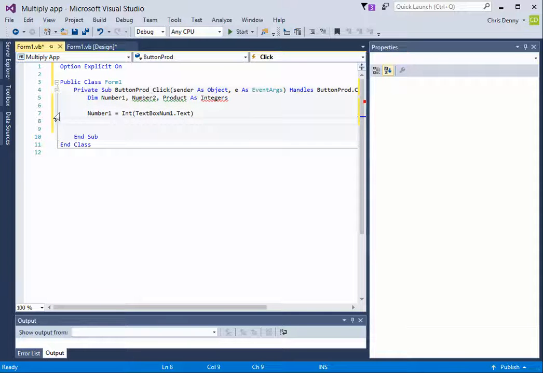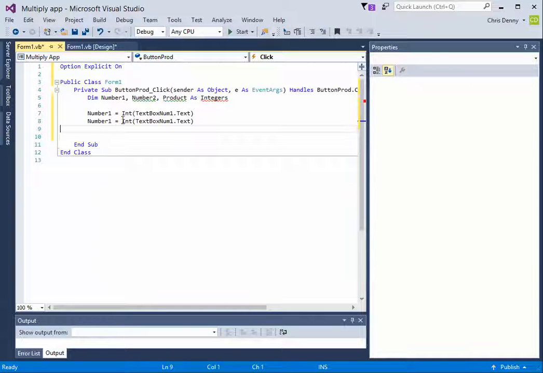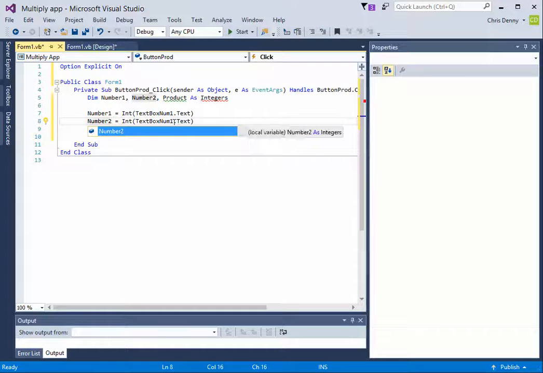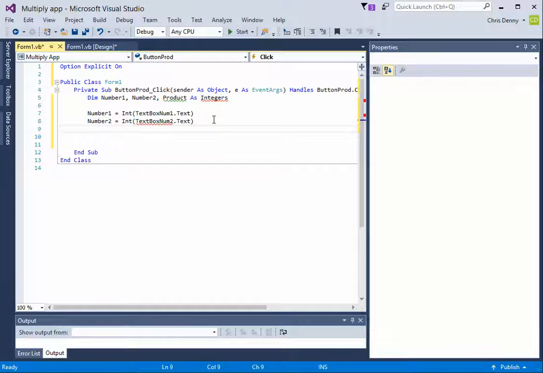Number 2 is almost like it. I'm going to cheat and do a copy and paste. I'll show you how to do this. Paste, Control V. Now what I'm going to do is number 2 gets changed, and it's text box num2 dot text. So in other words, we type our 2 numbers in text box num1 and text box num2. They're transferred into number 1 and number 2. Then magically product